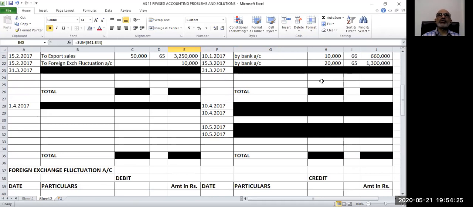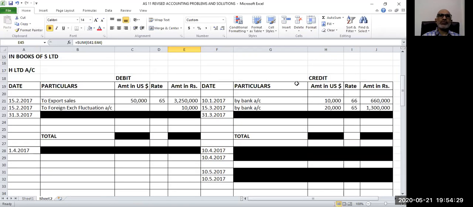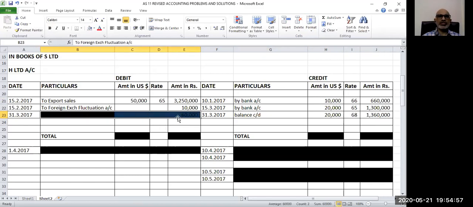So we have to find out what is the balance in party account as of now. Originally, 50,000 was the export sale, US dollar. We received $30,000 so far. That means the outstanding is $20,000. Our year-end rate, if you see, $20,000 are outstanding. Year-end rate is 68 rupees per dollar. Now, when you carry forward this year-end balance with year-end rate, 13,60,000, we will have some exchange gain.